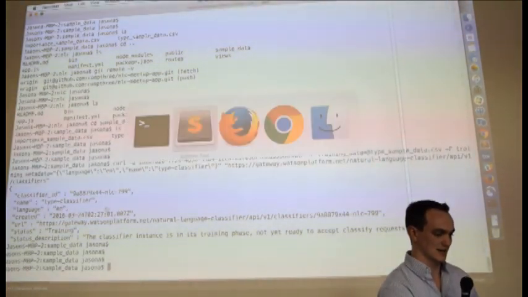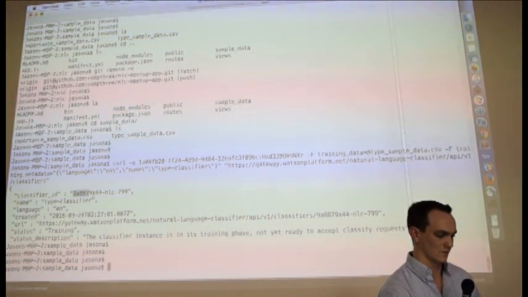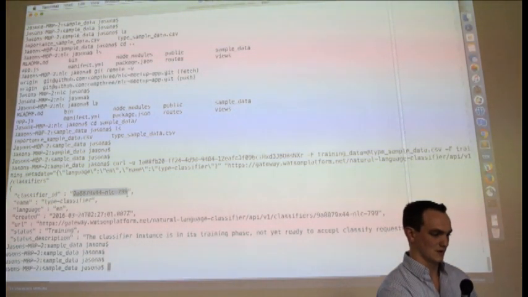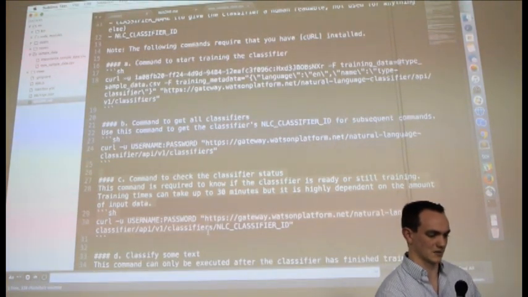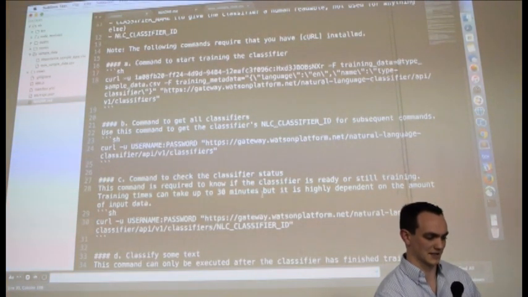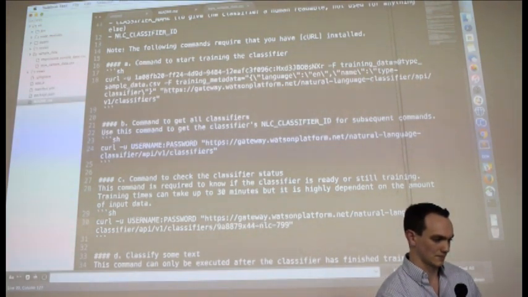So we can check the status of this using the ID and another API command. So here's an API command to check the classifier status. Place the ID here. Grab our credentials.